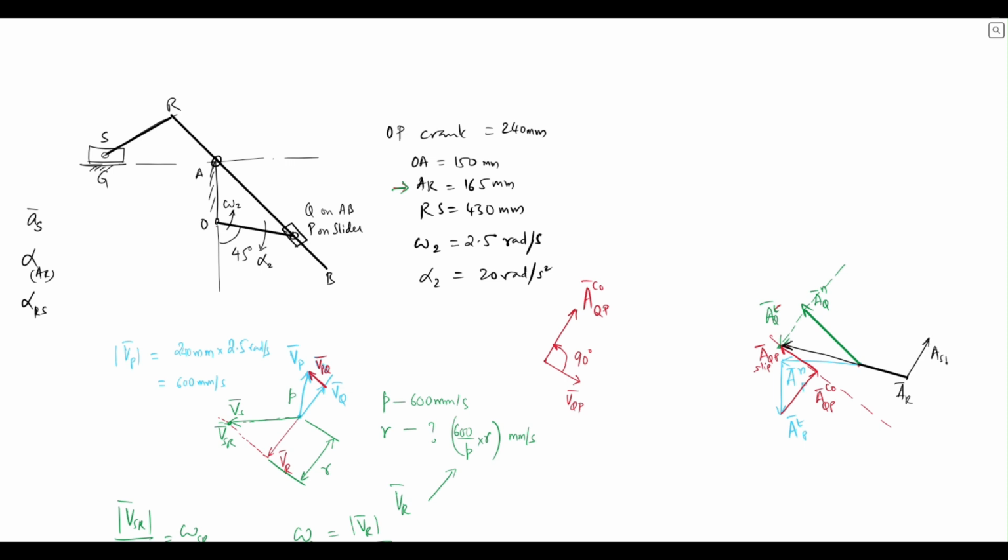This is A of S with respect to R normal, and then orthogonal to that, we can get the tangential